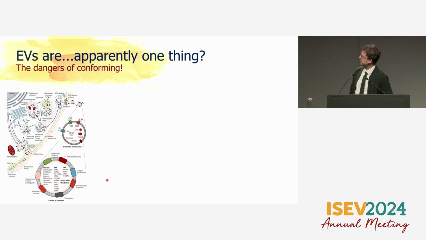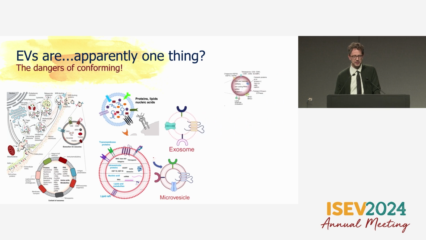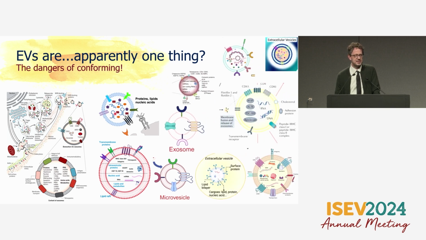Okay. So if you look at any of the recent EV reviews, you'll find something very common: there's this picture that I hate, no offense to the artist. I'm going to say many things that people who made these are probably in the room for, and I'll just apologize up front. But if we believe these images, then it's pretty apparent that EVs are unilamellar. They each carry every single marker that we think are on them, and they're all quite homogeneous. Of course, as we all know, that's not the case, right? These are literally just the front page of Google results of searching extracellular vesicle and looking for images.